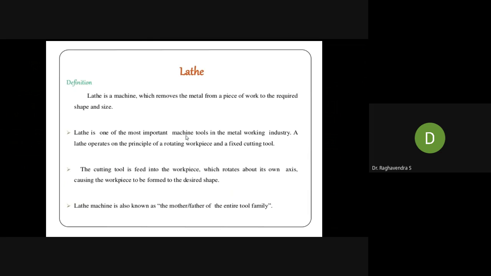I think most of you remember from the first or second semester, where you studied the elements of mechanical engineering, including the lathe, drilling machine, milling machine, etc. Here we are going to learn about the lathe machine once again. The lathe machine is also called the mother or father of all tools, because the lathe is a machine